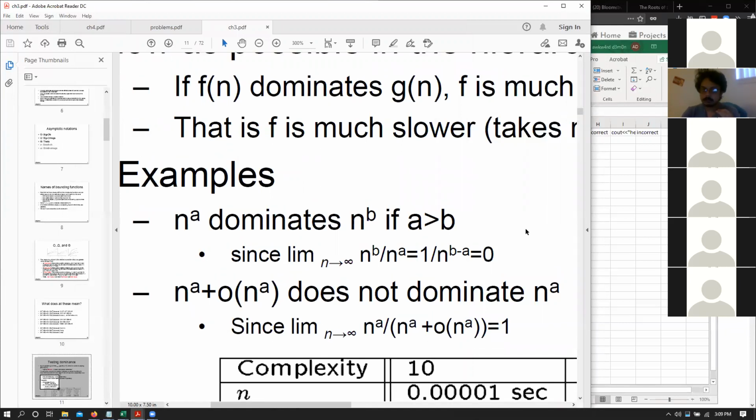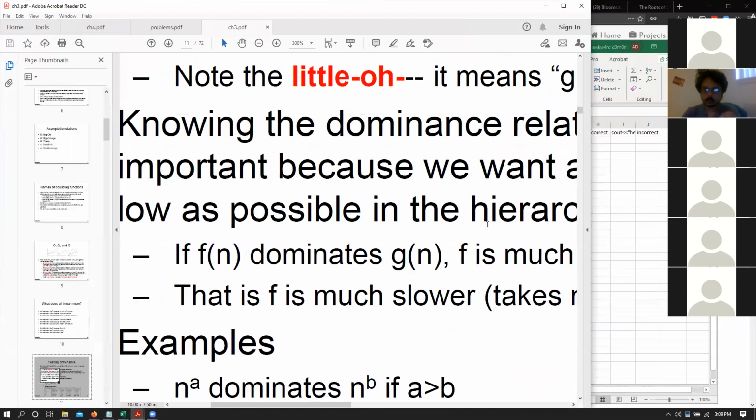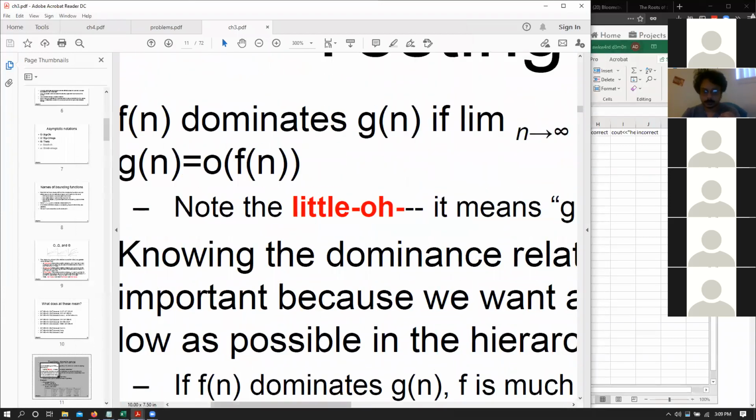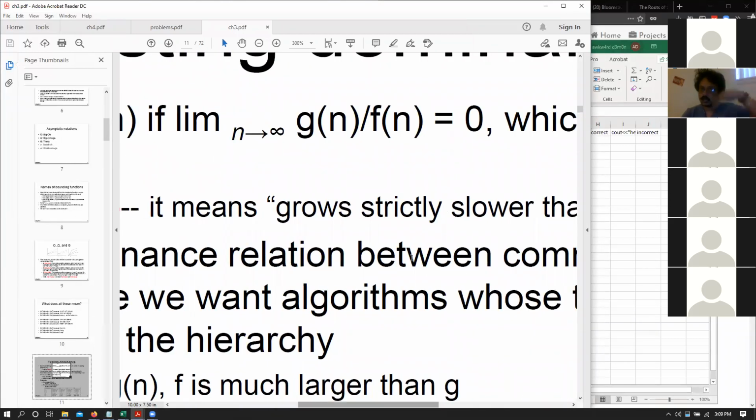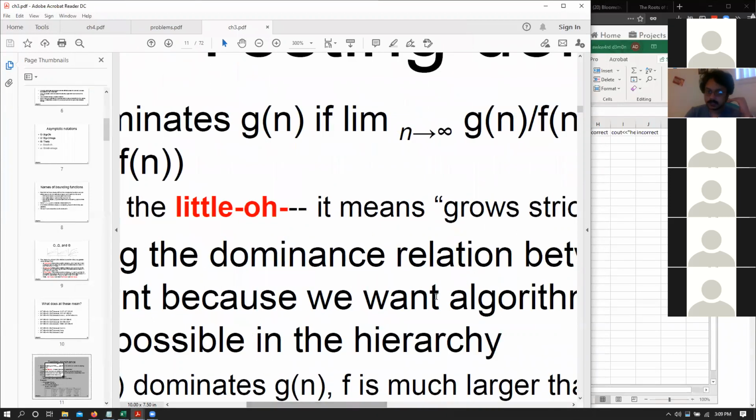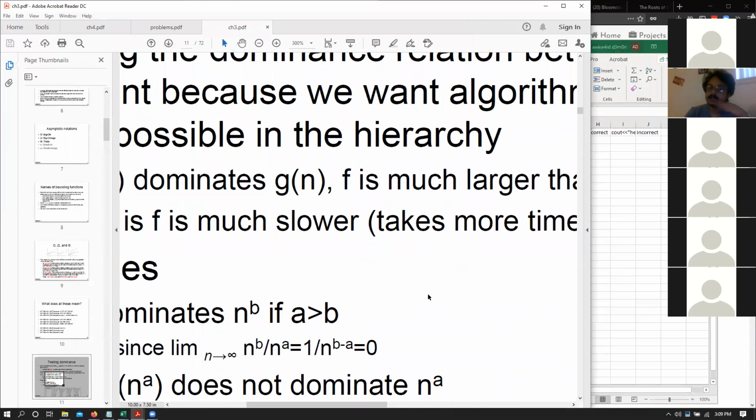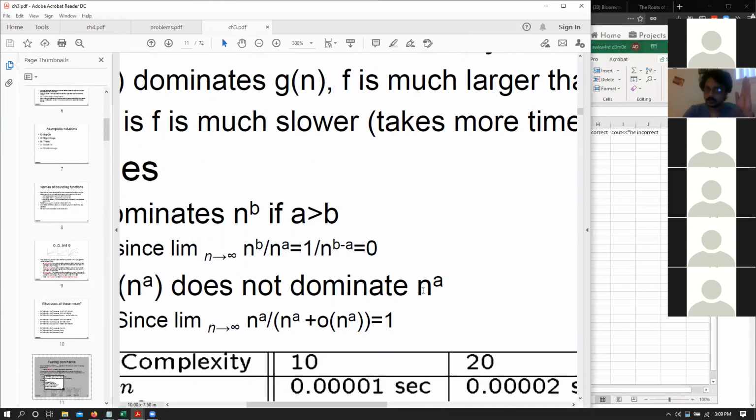Because remember the condition for little o: your limit has to equal 0. So if something tends to 1, that means there is some constant c for which n to the power of a times c is larger, and n to the power of a times c1 is smaller. We can see this clearly here.